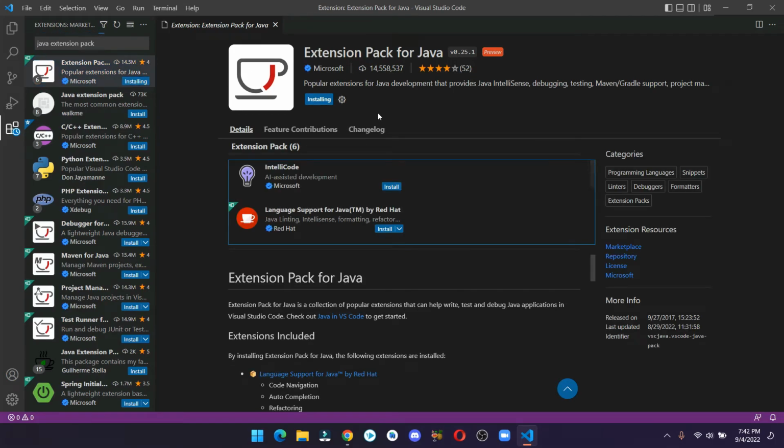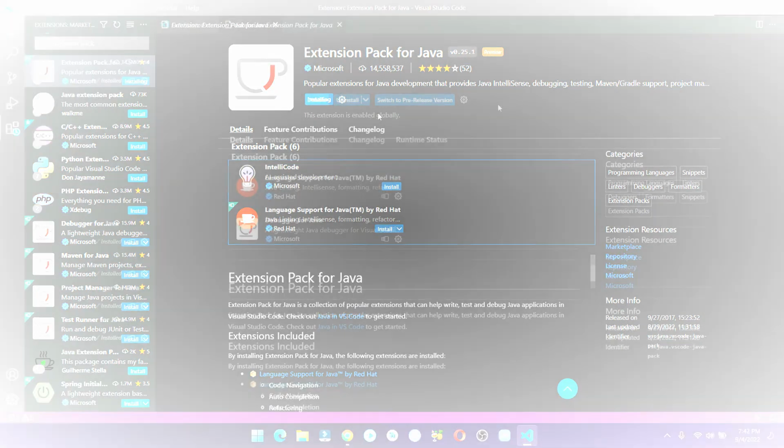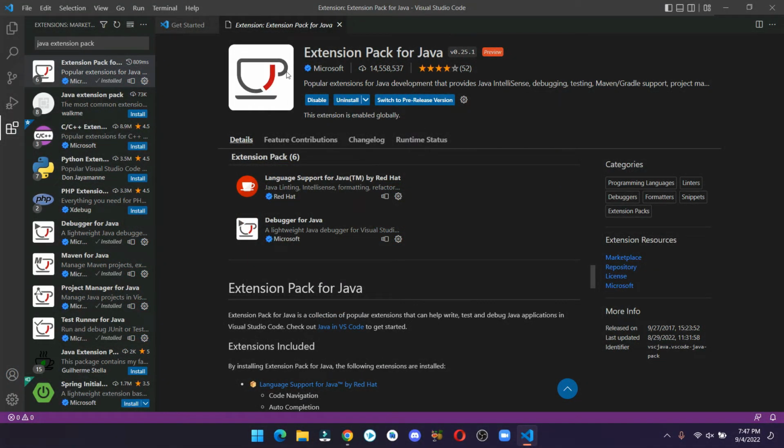Once you find it, open and hit install. As you can see here, we have successfully installed the Java extension pack, and now you can easily write the code in Visual Studio Code.